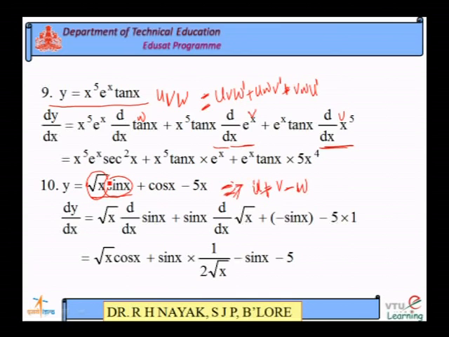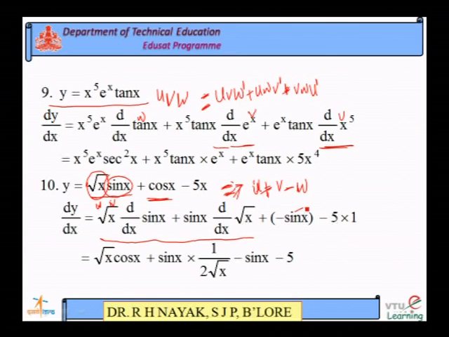In u again we have a product rule, therefore I have used the product rule, uv method: root x d by dx of sin x plus sin x into d by dx of root x, plus differentiation of cos x, I have taken directly minus sin x, differentiation of 5x, 5 is a constant taken as it is,